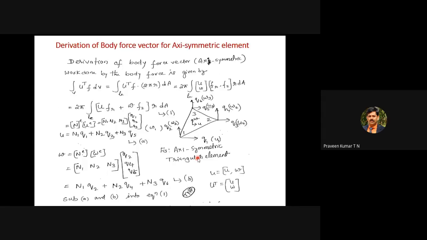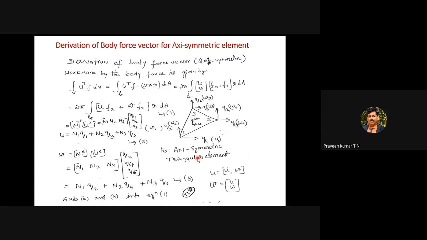Now the force vector: there are important force terms. One is the body force vector, one more is traction force, and one more is point load. Examples of body force are the centrifugal force and the self weight. The cooling tower of a power plant is a very tall structure. It is analyzed considering axisymmetry. In such cases, there may be self weight. The self weight comes under body force. The force due to gravitation comes under the body force.